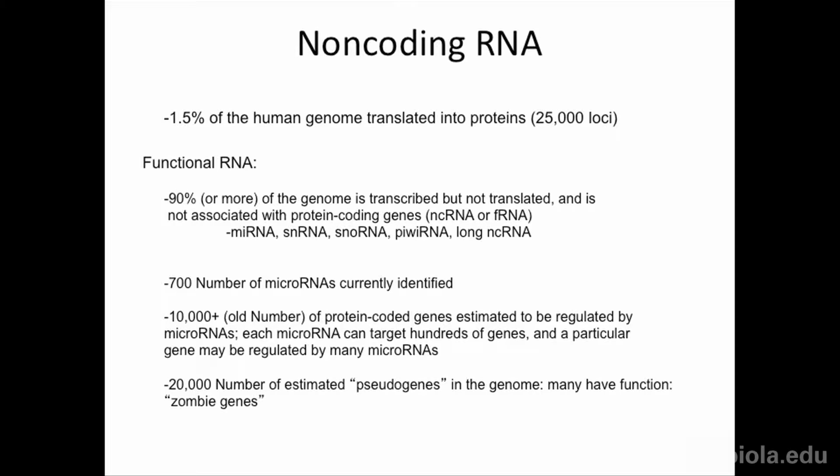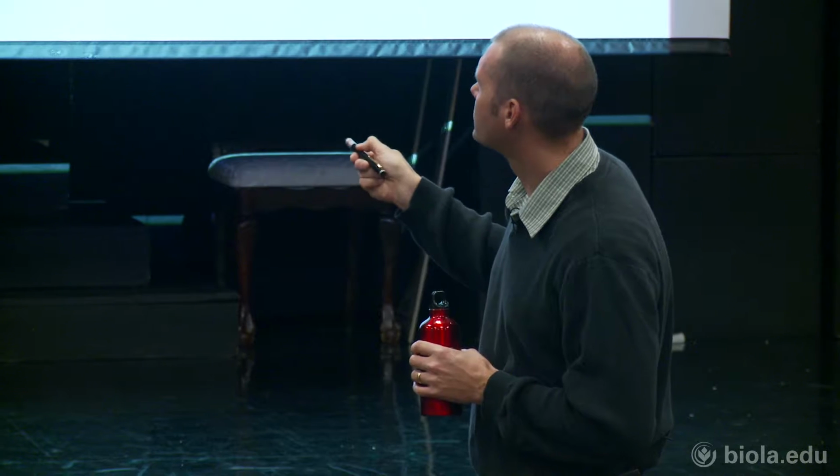So some of this we already had known about for a long time, tRNA, ribosomal RNA. But there's also these non-coding genes, non-coding RNAs, and there's whole separate classes of them. There's miRNA, that stands for microRNA. There is snRNA, that's small nuclear RNA. snoRNA, that's small nucleolar. So not only in the nucleus, but it's specific to the nucleolus. There's piRNA. There's long non-coding RNA. I'm going to focus our talk on these guys called microRNAs. And I'm going to talk about how they're involved in regulating mRNA transcripts. The actual transcripts that are going to get made into protein are going to be regulated by the interaction they have with these small